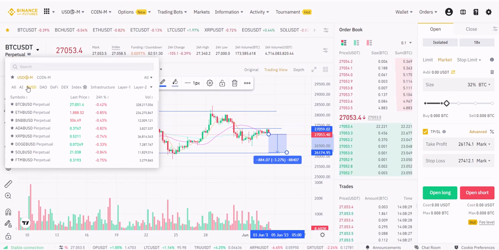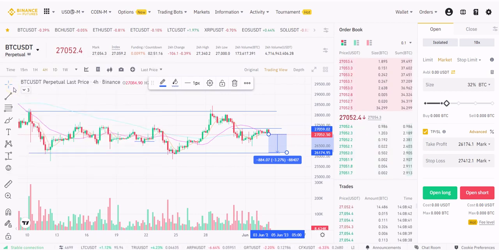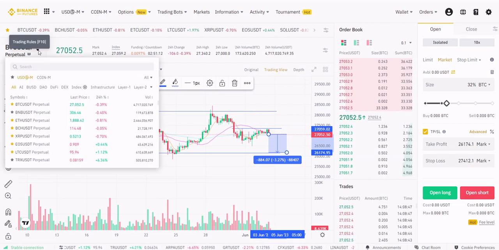BUSD is highlighted in yellow because when I was looking at this yesterday, I actually chose BUSD. So we're going to want to do all. That's going to show USDT pairs and BUSD pairs. So there we go. The top coins are on the top,